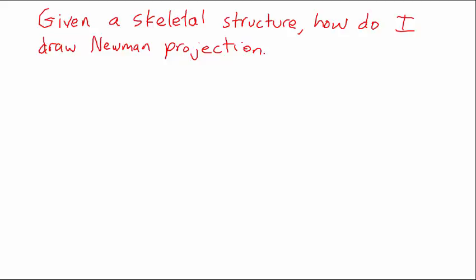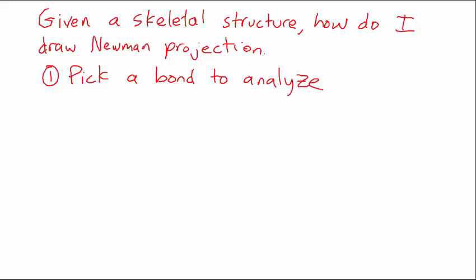A Newman projection is only useful to analyze one bond at a time. So step 1 is pick a bond. A lot of the time you'll be told what bond to look at. All right. So, for example,